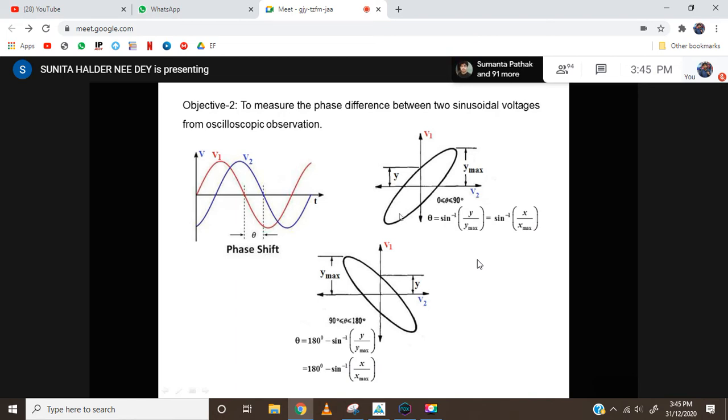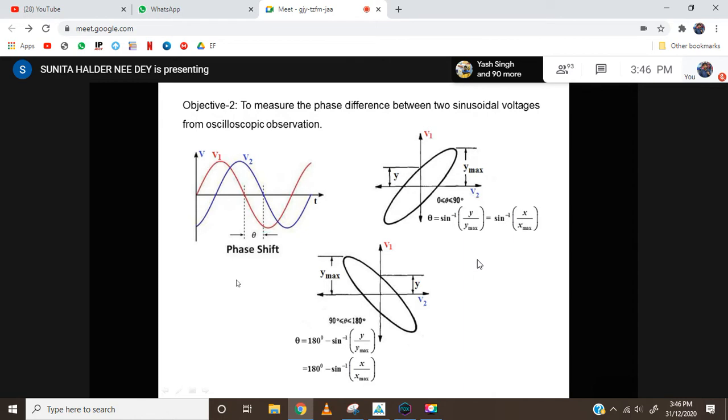So here, if we give V1 on the X plate and V2 on the Y plate, in this waveform, who is leading? Obviously, V1 is leading because V1 is crossing zero first. So you will get this type of expression. If you alternate, then you will get the opposite scenario. Similarly, if it is in the third quadrant, then theta can be calculated in this way. The theoretical portion I am not discussing, you have already gone through this.